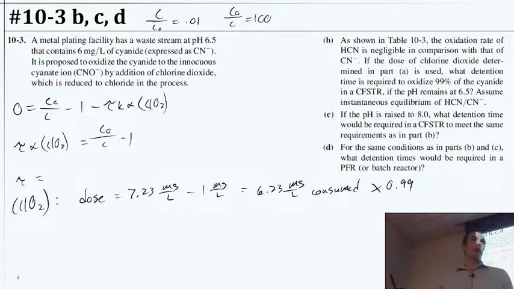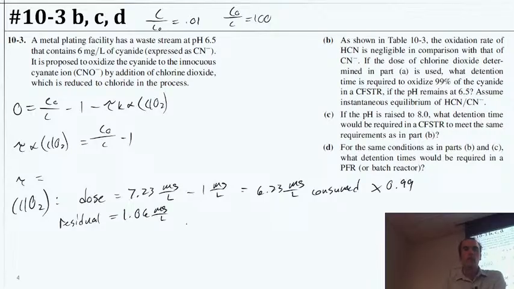We're only converting 99% of it. So we're not using as much chlorine dioxide. So that gives us a new residual. Should actually be 1.06